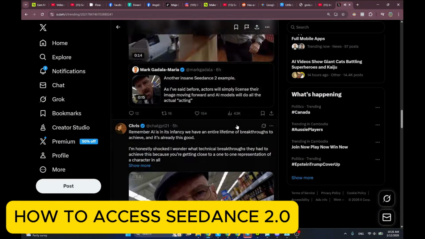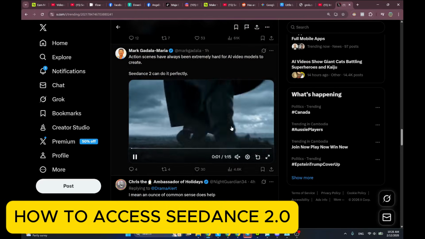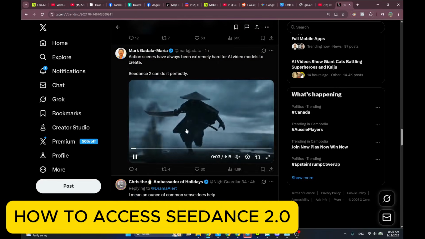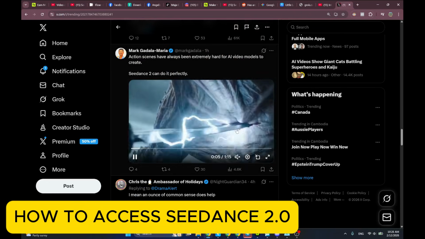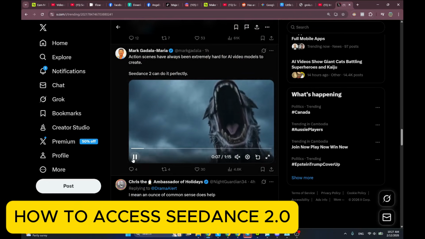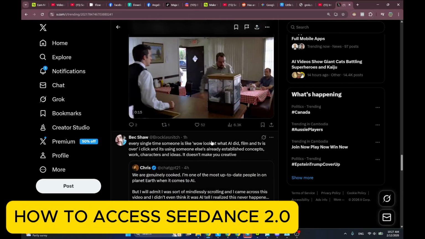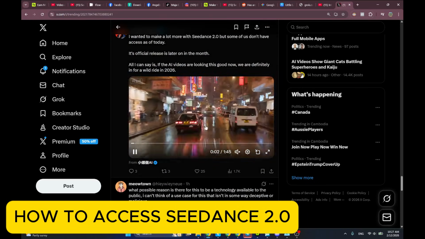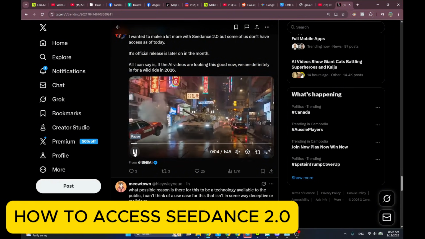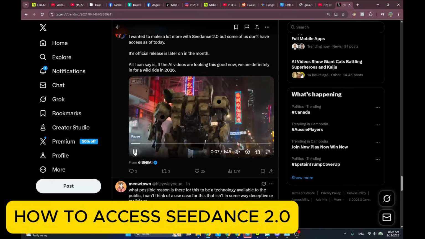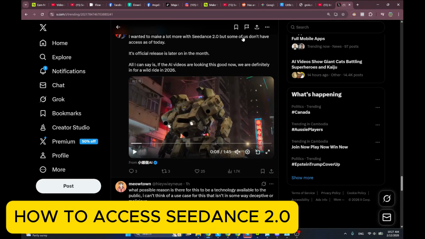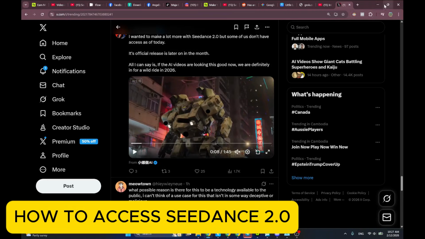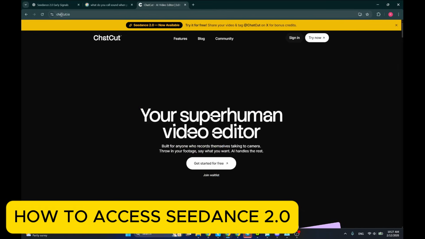That's beating VO3 and all the models like Kling 3.0 and so on, because the camera and motion are pretty movie-like, with Hollywood studio special effects. And as you can see, a lot of people want to access this, and I'm going to show you how to get this access. So one way for you to access this is to go right here,